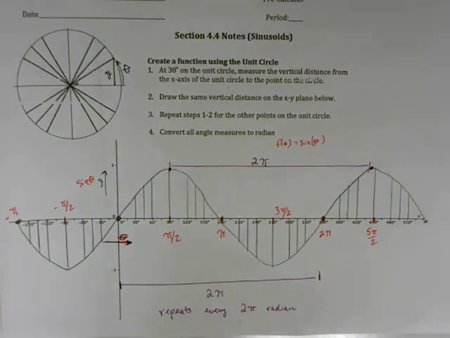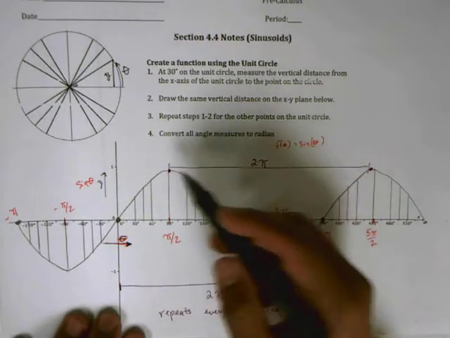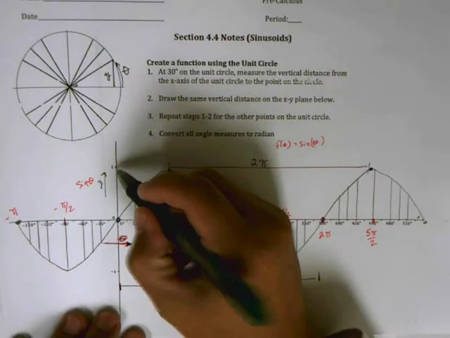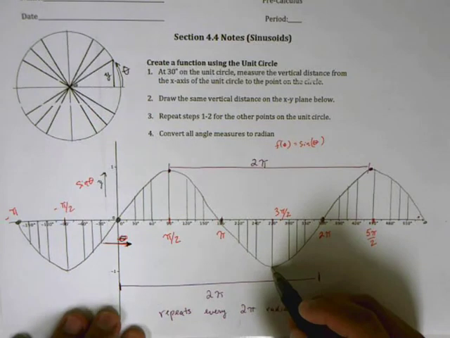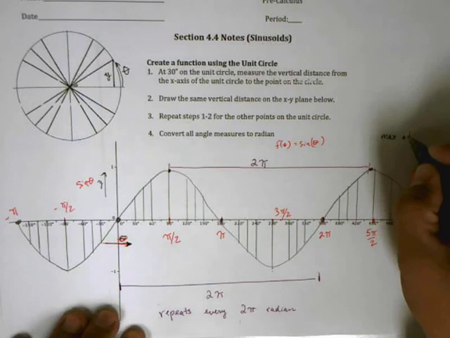So let's look at what happens for the max and the min. Okay, so let's look at all of the max values. Well, the max is 1. Okay? And the smallest value that we can have here is negative 1. So this has a max at